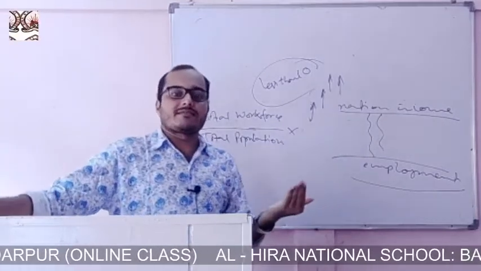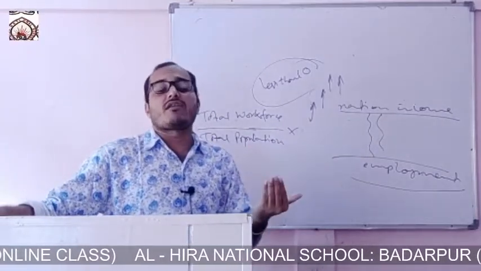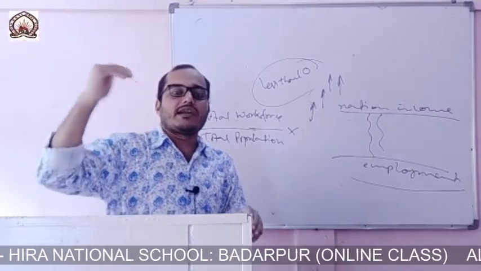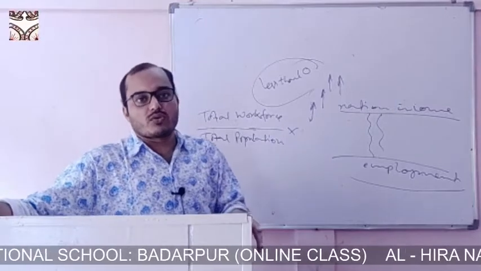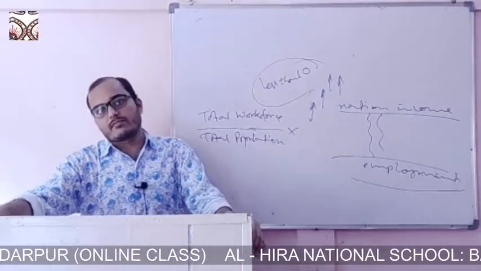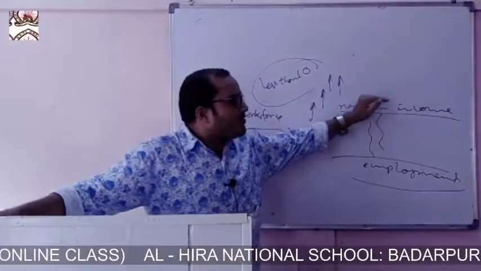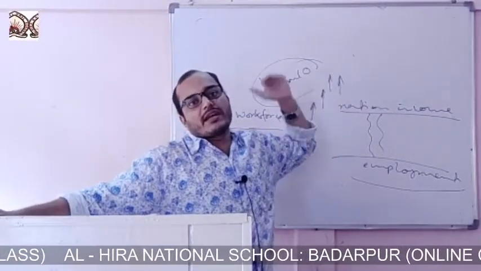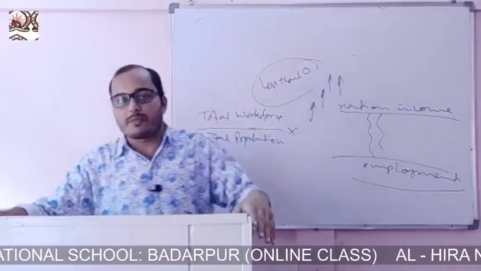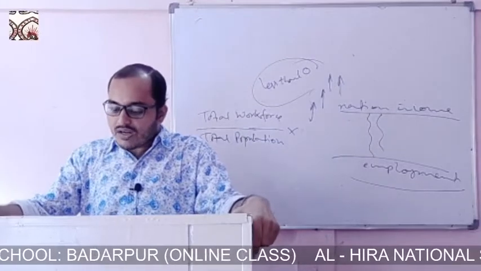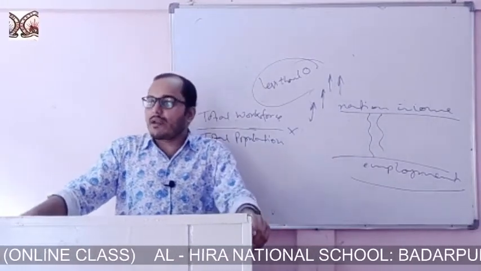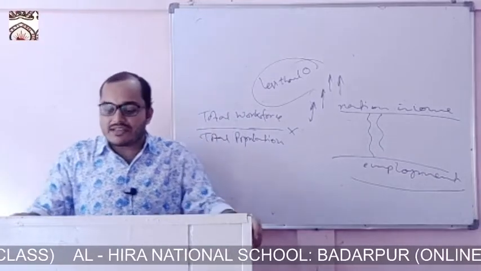Clear? So this is called jobless growth. Growth will take place, okay. Creation of jobs and the growth of the national income are different. At the time when the national income grows, jobs should also be created. Now the third one is stagnant agricultural development. Stagnant agricultural development, how is that?